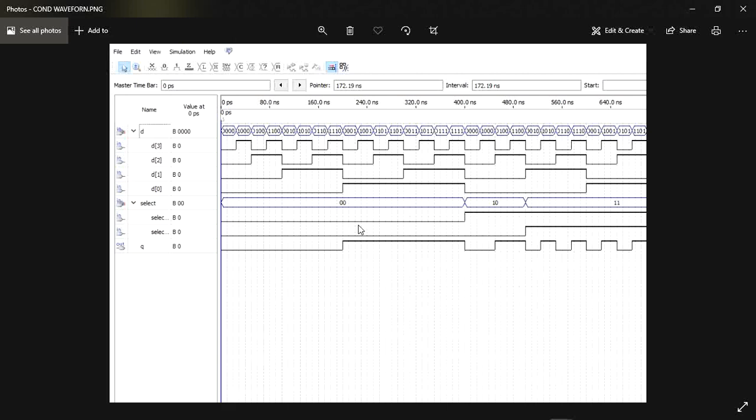And in other cases, if all our 4-bit inputs are 0, and either selection line is 1, then our output will be 0. So this summarizes all of our conditional waveform statements and our results depending on our input in the conditional statement waveform.